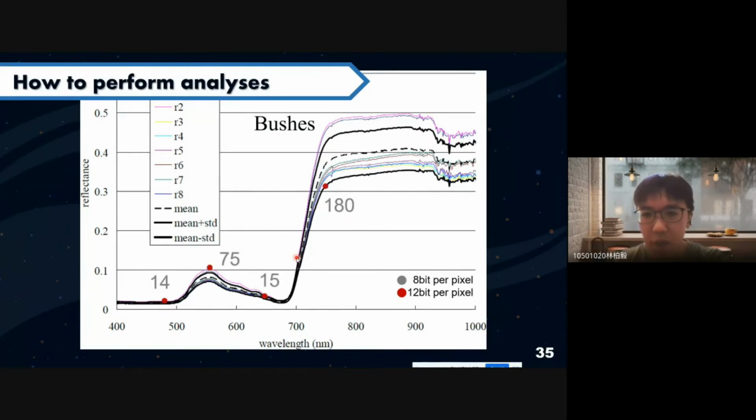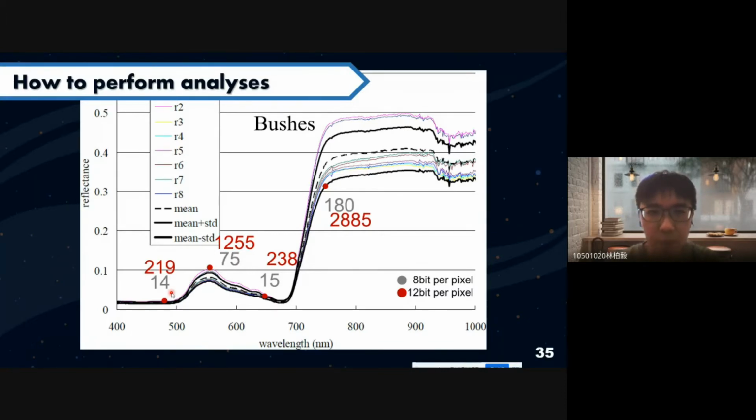If we use 8 bits to record the blue band, green band, red band, and near infrared, as the near infrared is so high, we cannot tell the difference between the blue band and the red band. The difference is too small. However, if we use 12 bits to store the information, we can tell them apart using more levels.